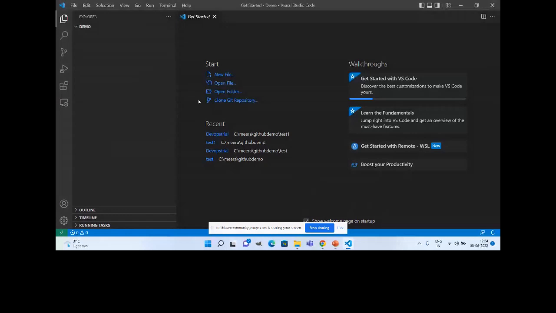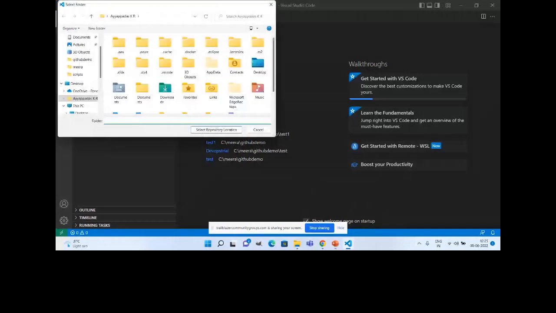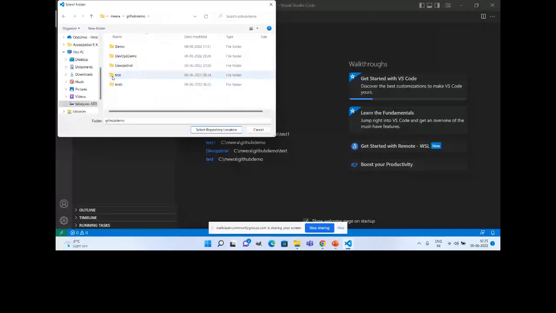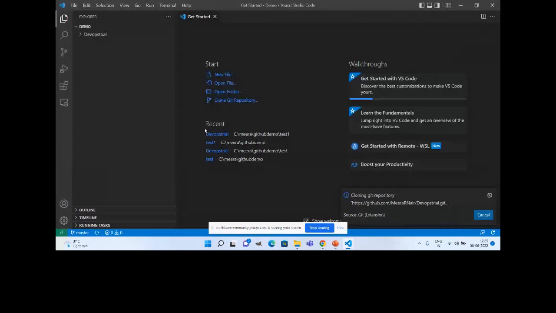So I'm just copying the link of my GitHub repository. Let me just choose a folder in which I will be able to, okay. So I just selected a local repository in which all the changes will be available.